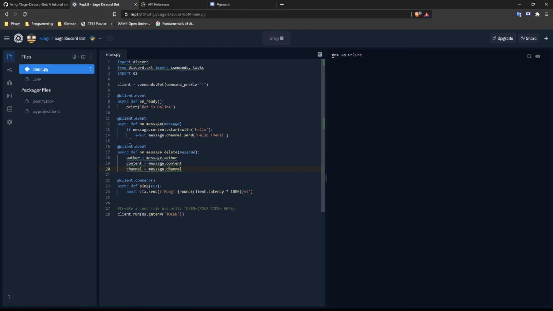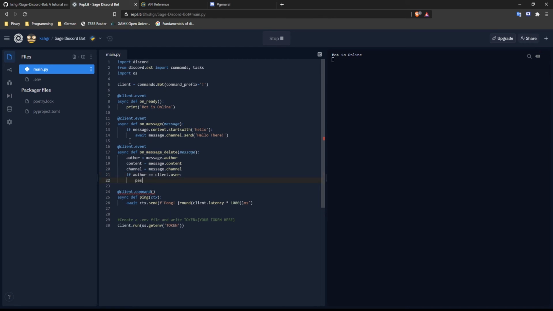Let us write a conditional statement now so that only the messages deleted by other users are displayed. So if the author is our own bot, that would be client.user, we want the event to return nothing, so we'll just write pass.